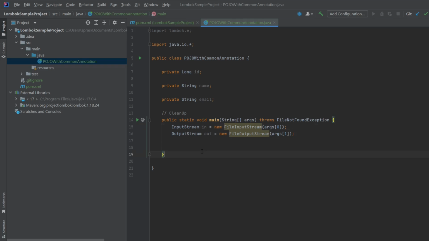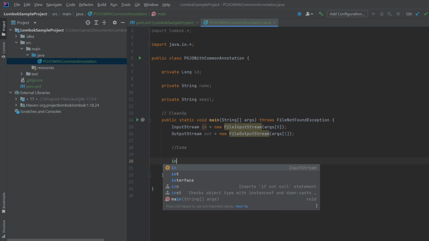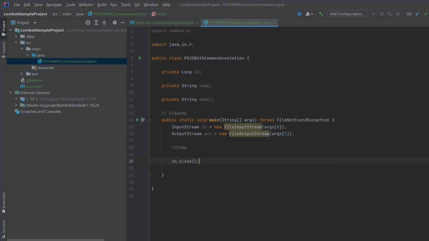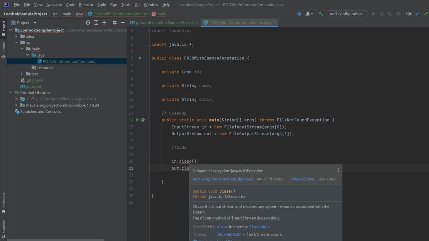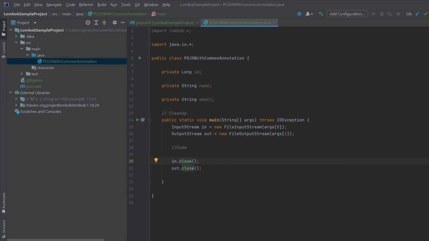So to close it, what we do basically, let's say if there is some part of code here, so what will I do is, I will just do in dot close and then out dot close, and again this will have another exception. So this is what we have to do, right? But with Java 7 we got this, that you can do it in your try block, right? So let me remove this